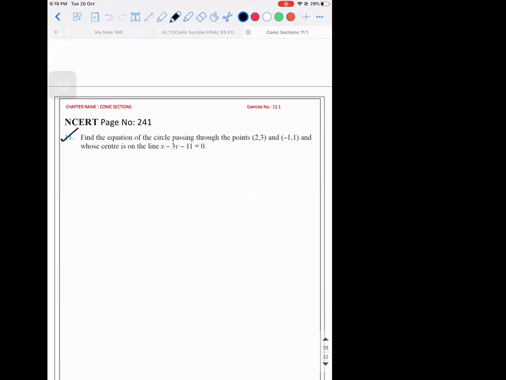Find the equation of the circle passing through the points (2, 3) and (-1, 1) and whose center lies on x minus 3y minus 11 equals 0. Okay, so let's see the solution of it. If I take this point as A and this as B,